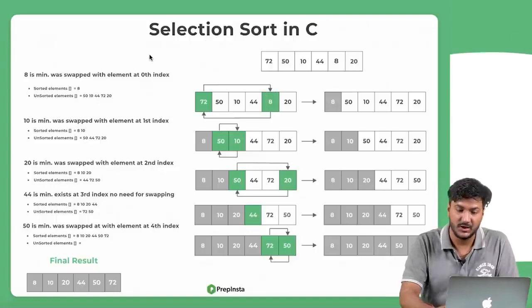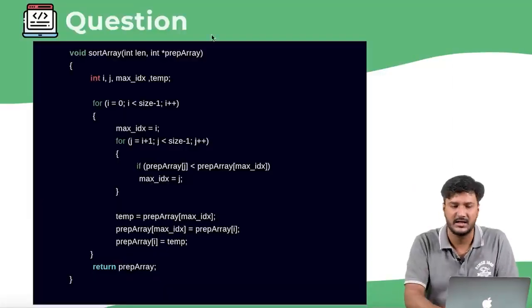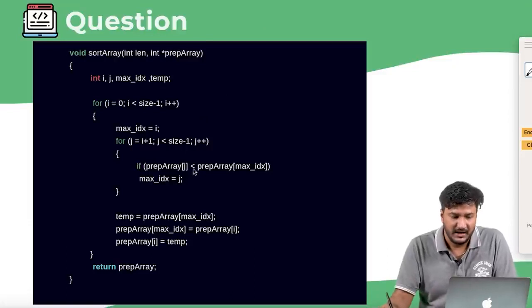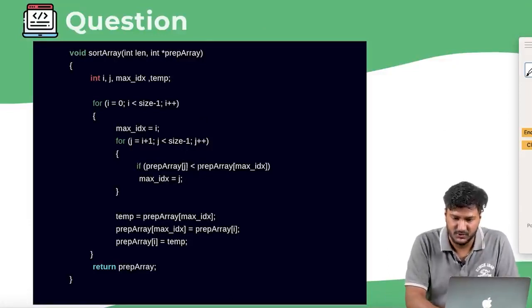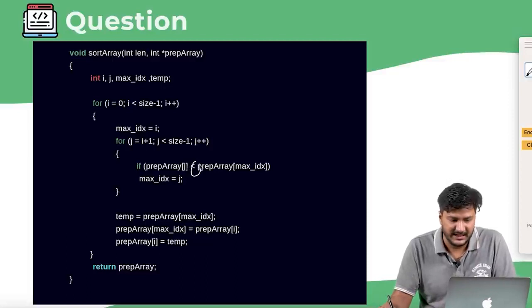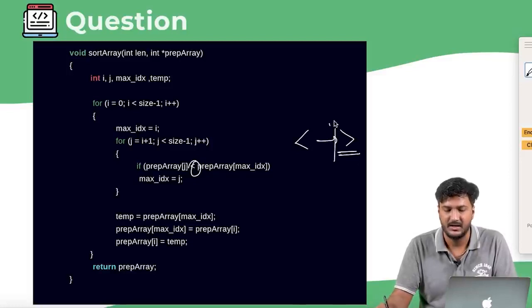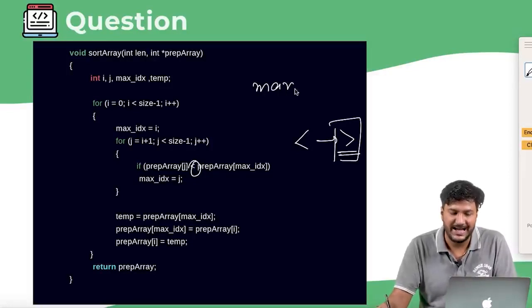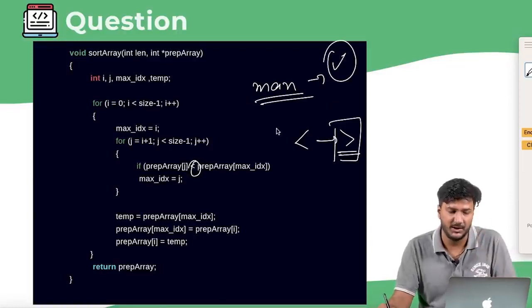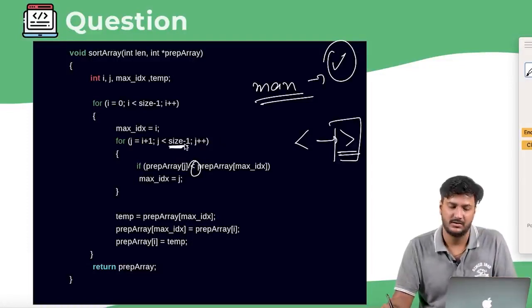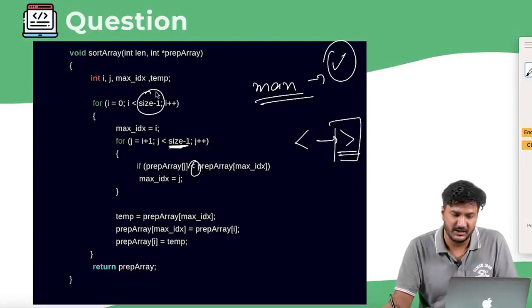In this particular case, and maybe you will not understand this because you have not done DSA properly, let me use white color here. This particular sign should not be less than, it should be the greater than sign, because you are supposed to find the max value. So this would be the first thing. One more problem that I am able to identify here is the size - 1. The first loop is supposed to run till size - 1, and the second one is supposed to run till size.